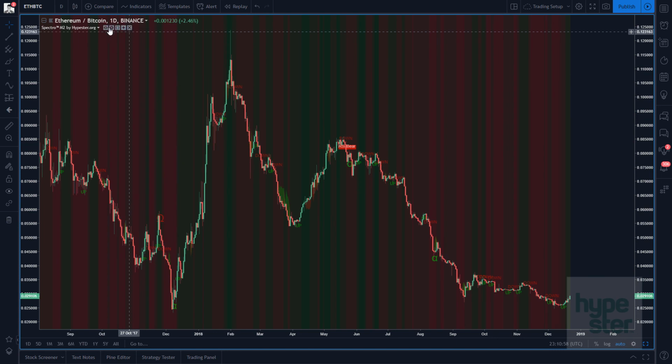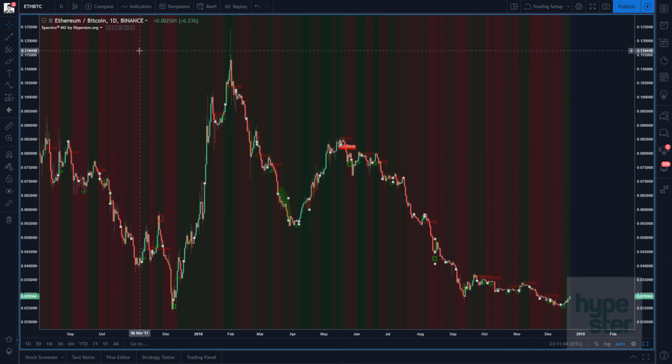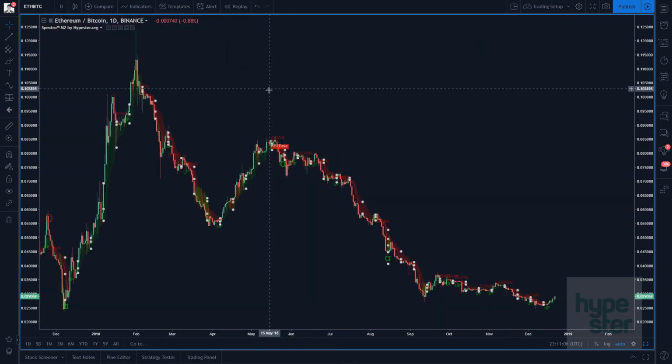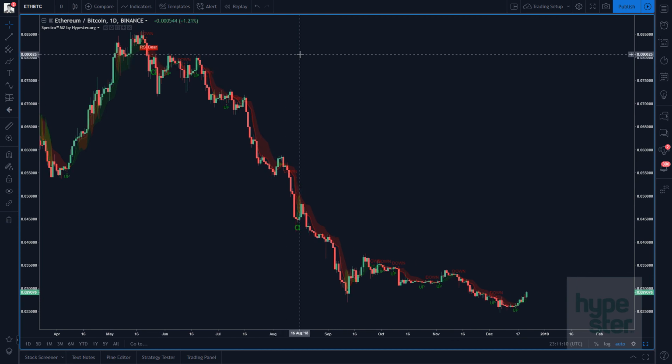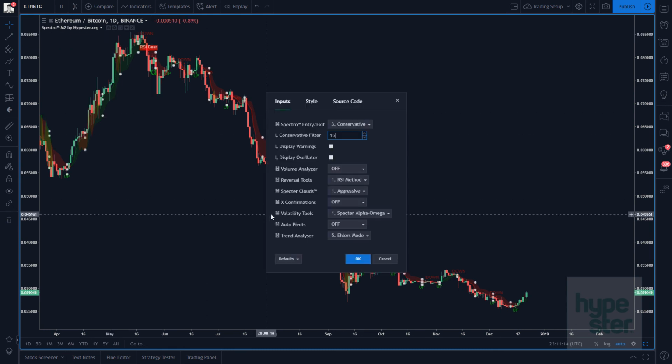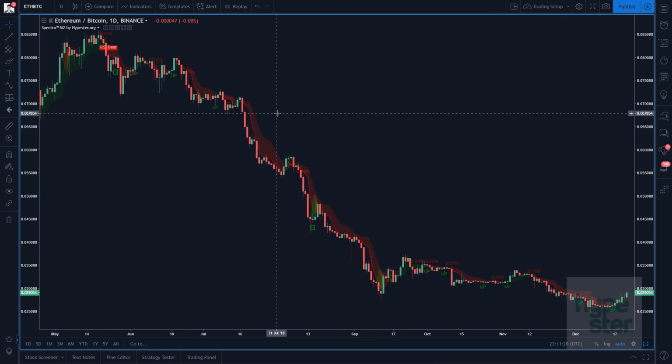All right, and for last but not least, one of my favorites, which is the Ehlers mode. Ehlers is a guy who invented many of the indicators you are using, but you have no idea. So if you don't know who he is, just take a look. Ehlers, you might be surprised. So this is his algorithm